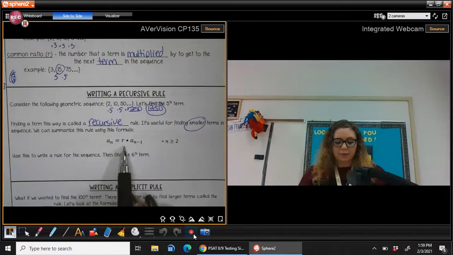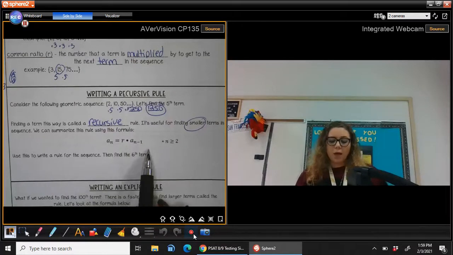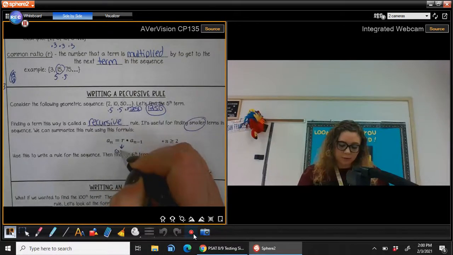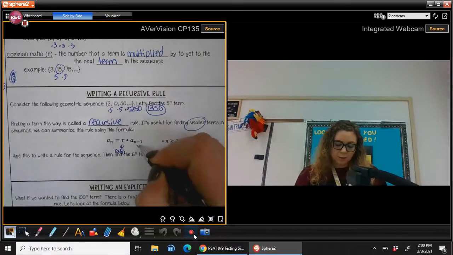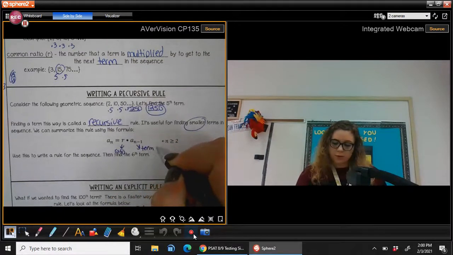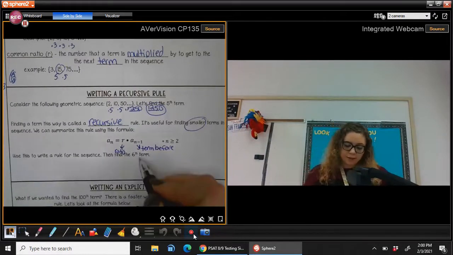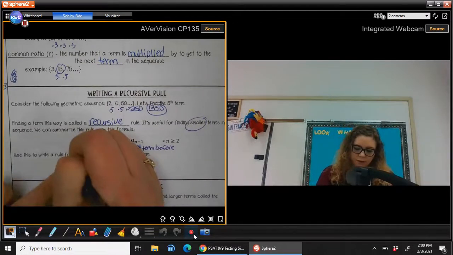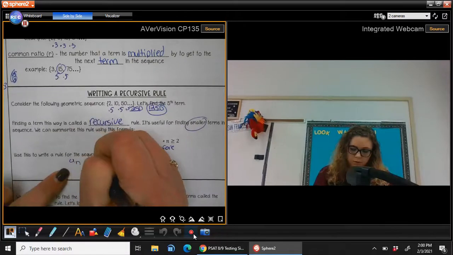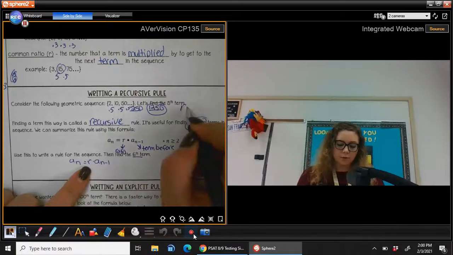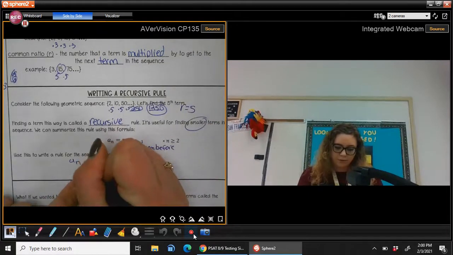This is the actual formula. You have a_n equals r times a_(n-1), and that looks like a lot, but just look. This is the ratio, and this is the term before the one they want you to find. It says use this rule to write a rule for the sequence, then find the sixth term. So I'm going to write out my formula. First of all, we just found my ratio. What's my common ratio? 5. So I plug 5 in for that, times